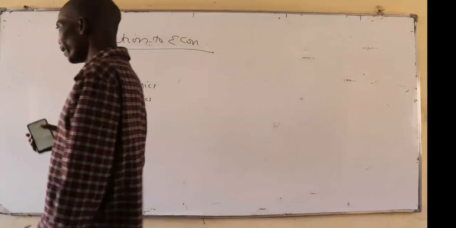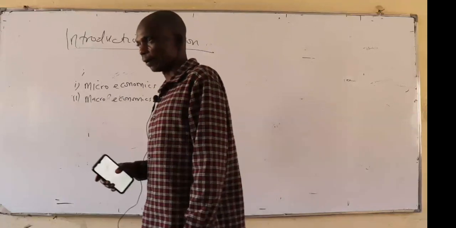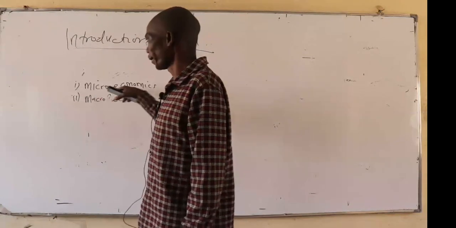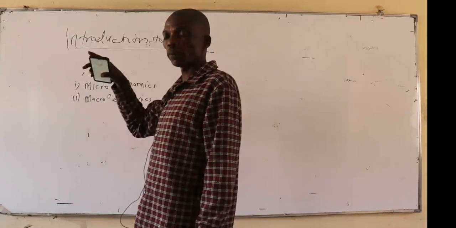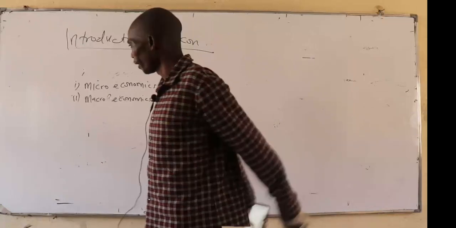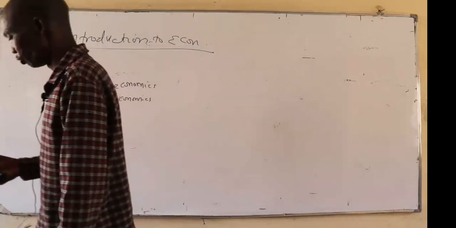But when we are studying the smallest economic decision-making units like households and farms, then there we are talking about micro. And those households and farms do not operate in a vacuum, in isolation. They are operating in a wider system, and that's why macroeconomics comes into consideration.